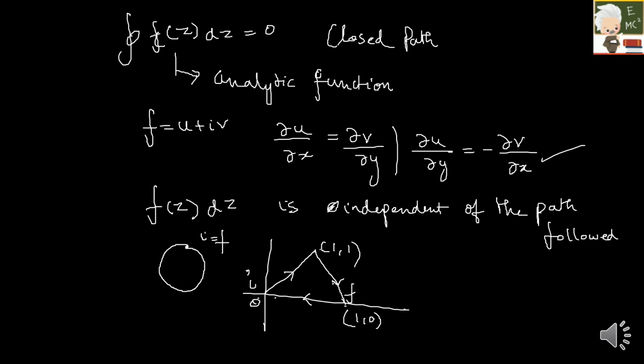To be more precise, I will state one more example. If I have a figure like this, its path is given in this way, with an initial point and a final point. According to the previous method, we would evaluate region 1, region 2, region 3, and region 4, and finally add all. But what I'm saying is, if your function is analytic, you can just take the initial and final points, because your integral is independent of the path followed. I'm going to show some examples so it will be clear.